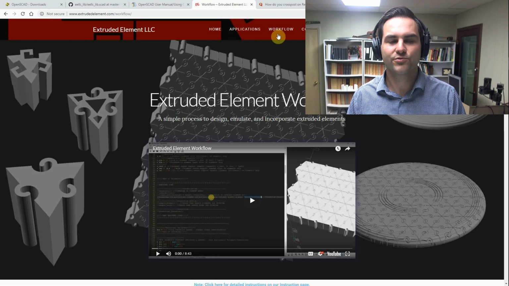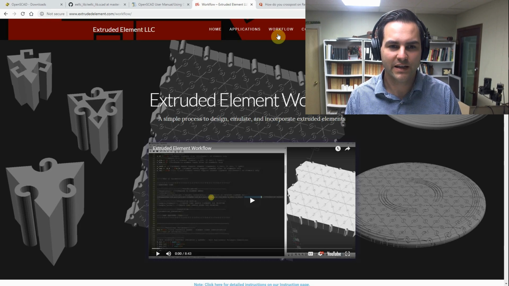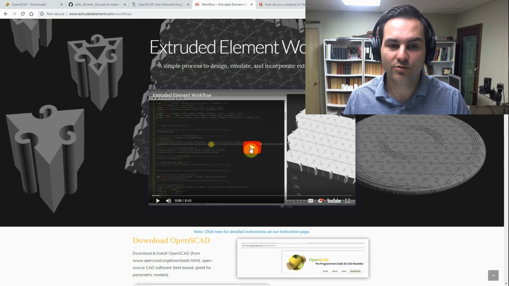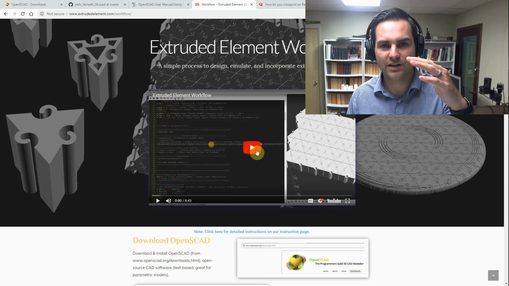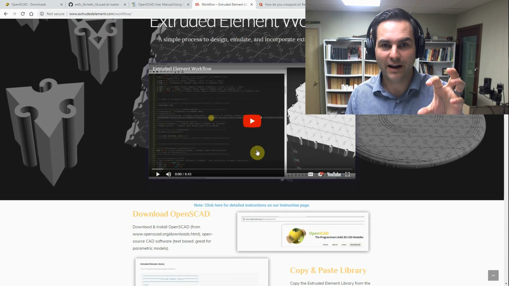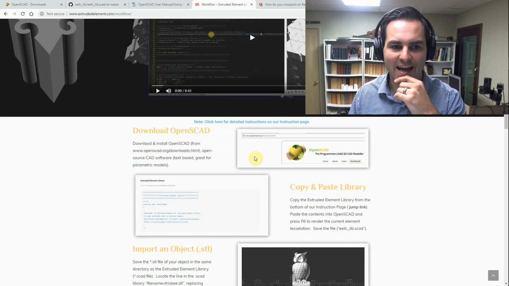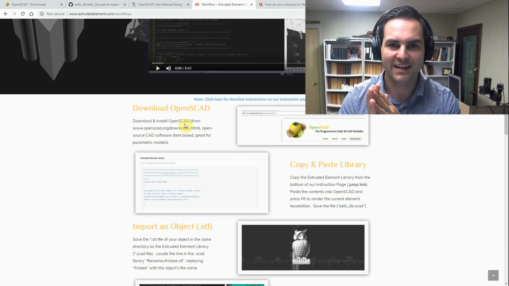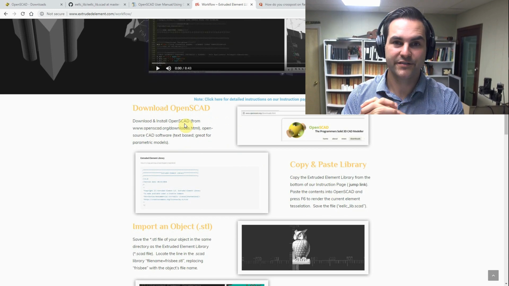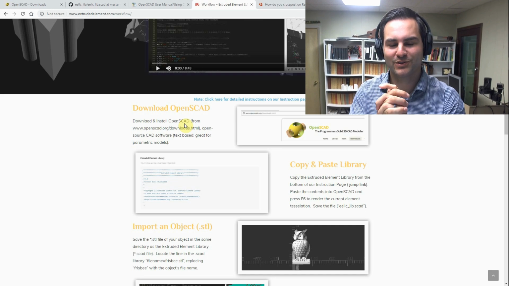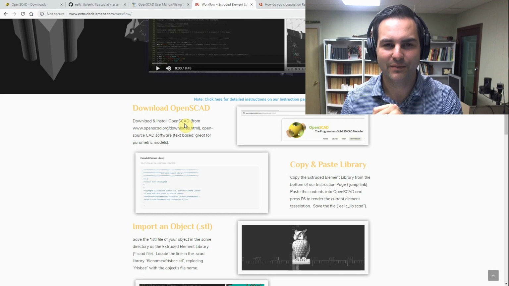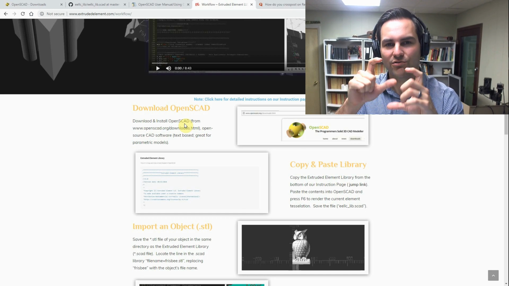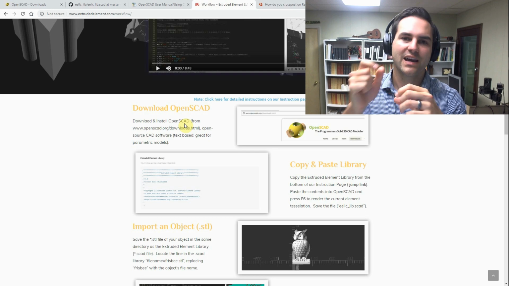So if you go to extrudedelement.com to the workflow page, you'll see a video there for a walkthrough of the workflow, generally how to grab the code, change the code, things like that. You will need a free open source software called OpenSCAD. It's a very simple to use text-based CAD program, and it's simple to use here because you only have to simply copy and paste the text